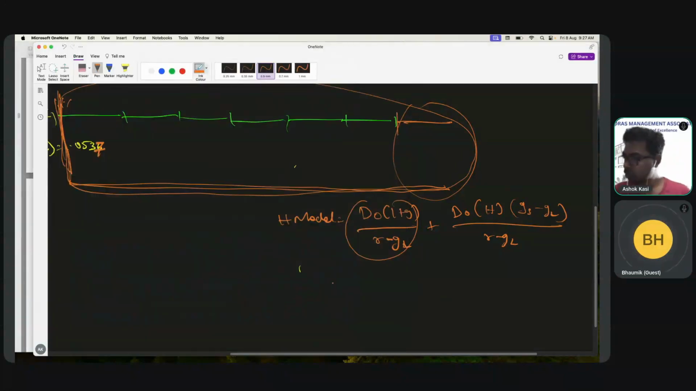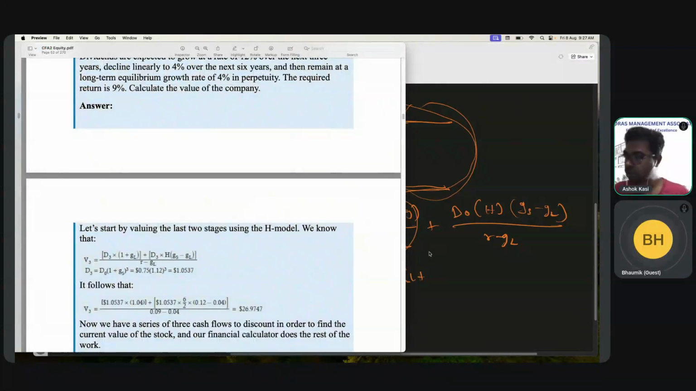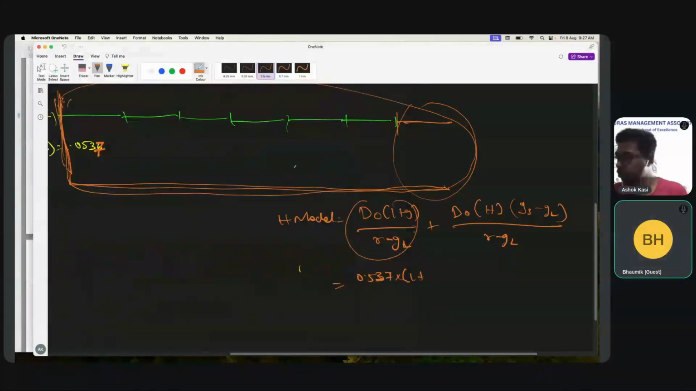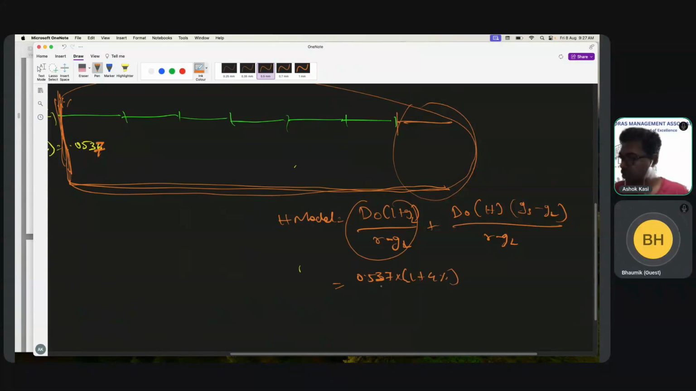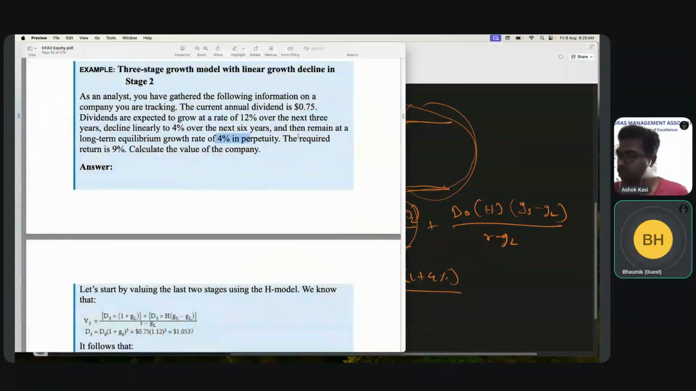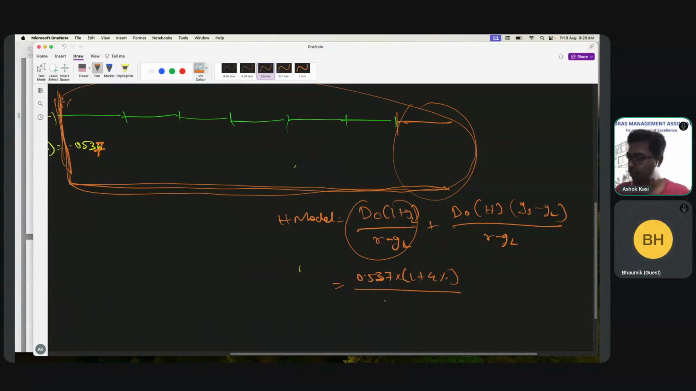So D0 is 0.0537, into 1 plus growth. The short-term growth is 12%. This is long-term growth, so long-term growth is 4%, divided by the required return, which is 9% minus 4%, long-term growth 4%, plus